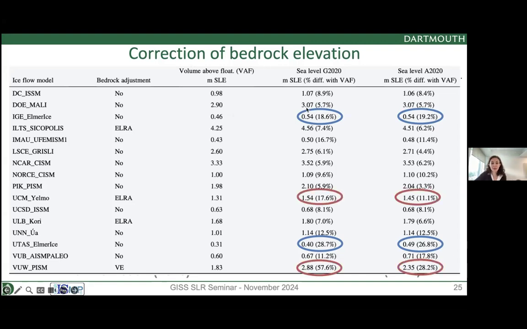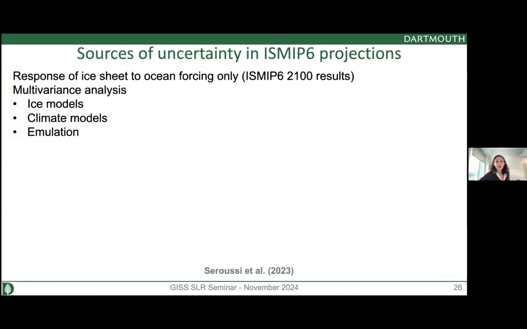But what is more important here is these models that include bedrock adjustment, and we see that in that case, the two methods differ, while they were not very different in the previous case. For example, 11 and 17%, or 28 and 57%. And so there's a really large adjustment when you include that, and depending how you compute the sea level. So I know you have seen several seminars on that, including recently. So I'll stop there.